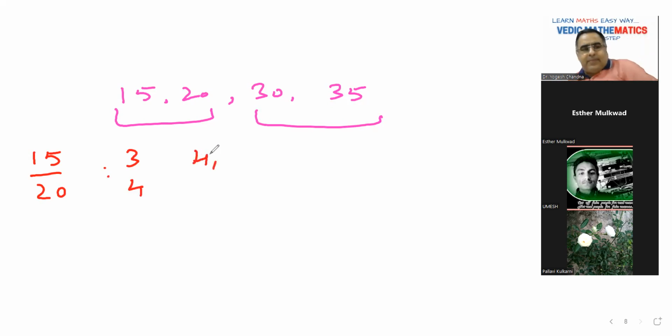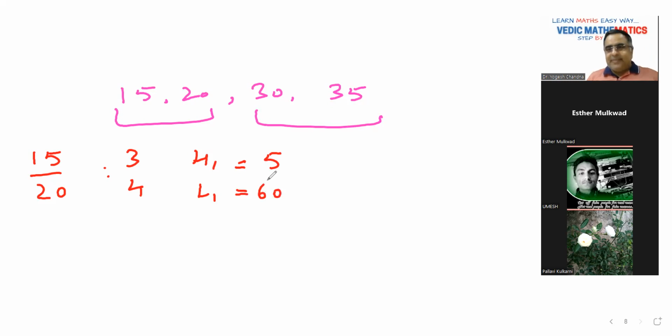5. Yes, Pallavi, what would be the H1? How do you calculate HCF? N1 by N2 करना ना। हाँ, तो 15 by 3 कितना आया? 5। या 20 by 4 भी करेंगे तब भी 5 आएगा, दोनों केसेस में वही रहेगा। और L1 के लिए 20 into 3 या 15 into 4 हो गया 60।